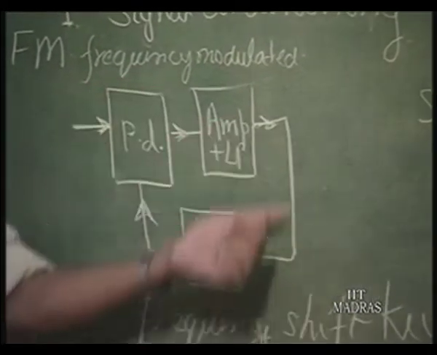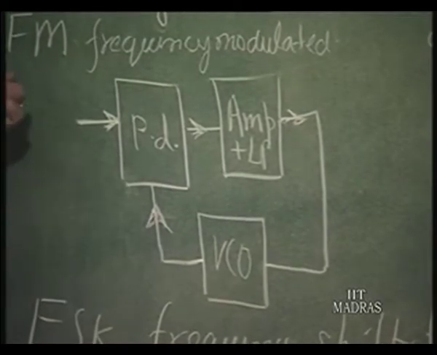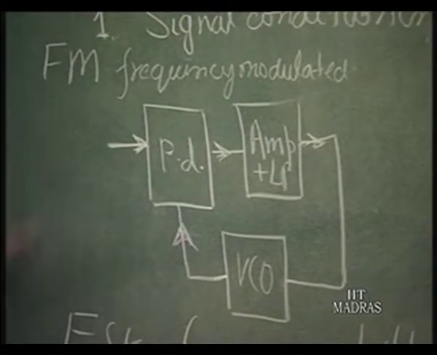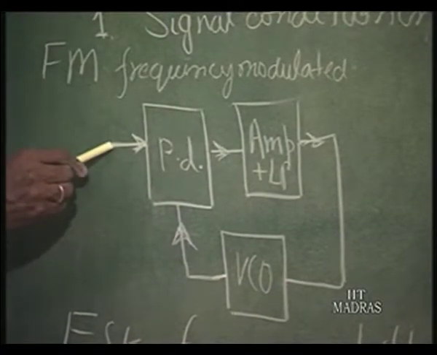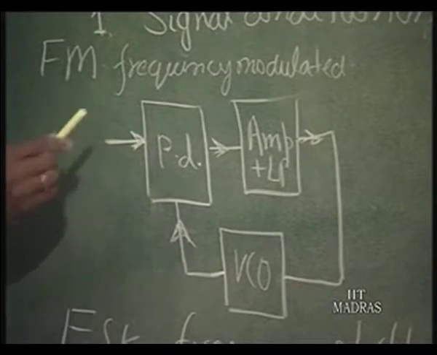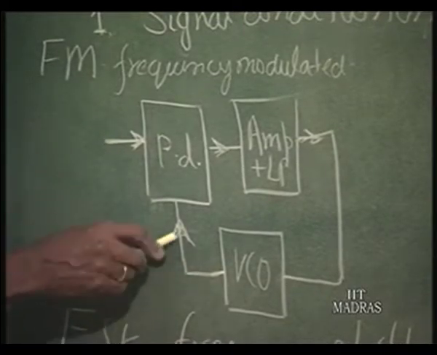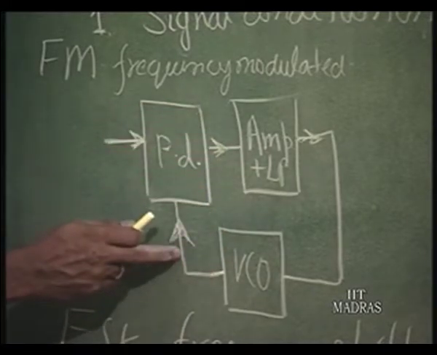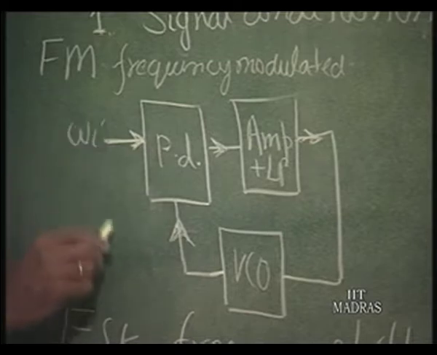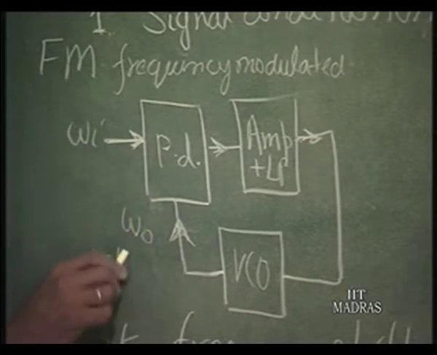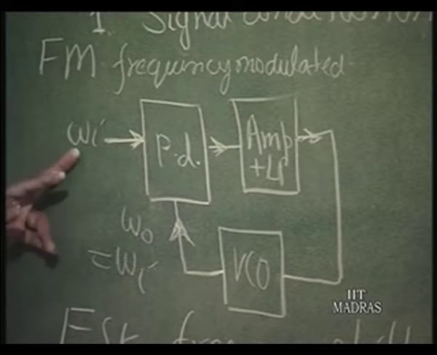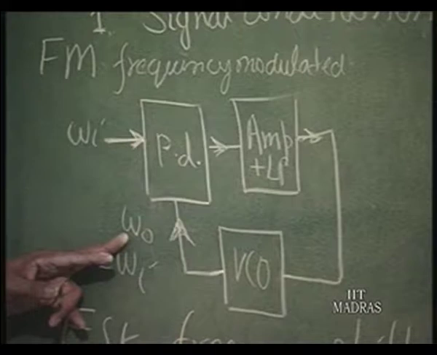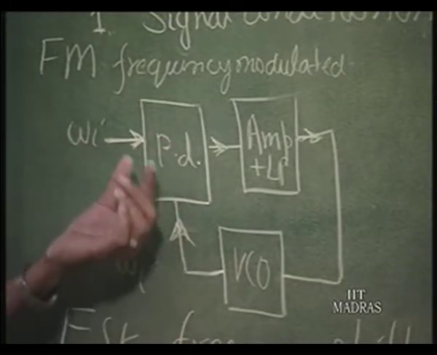And that is done by a PLL. In this case, if the signal is FM, frequency modulated, or FSK, frequency shift keyed, what is done is this signal is applied at the input. So, according to our theory now, the phase lock loop will be producing the same omega naught as equal to omega I. So, if omega I is FM, omega naught also is going to be FM, but with a difference, because this FM that it has captured